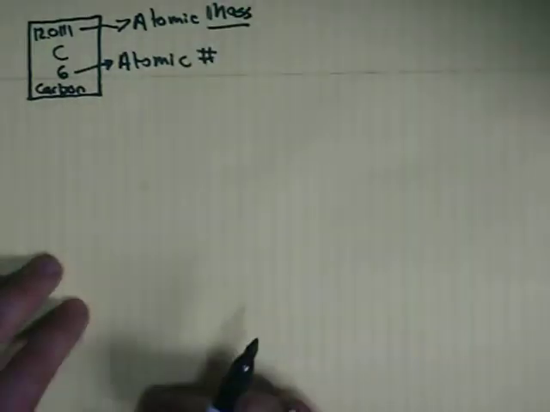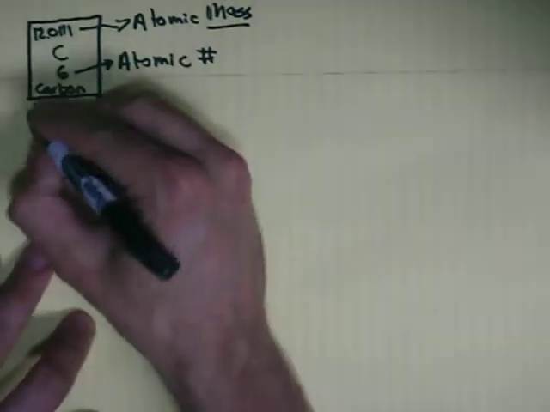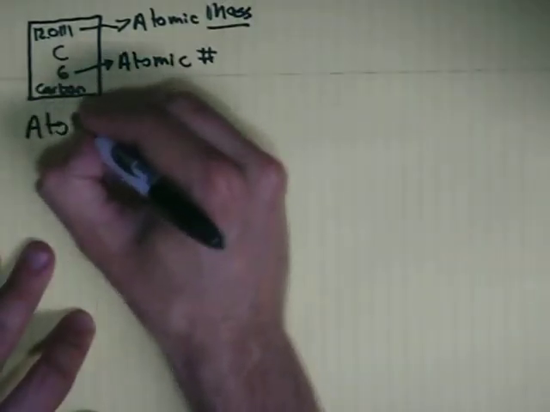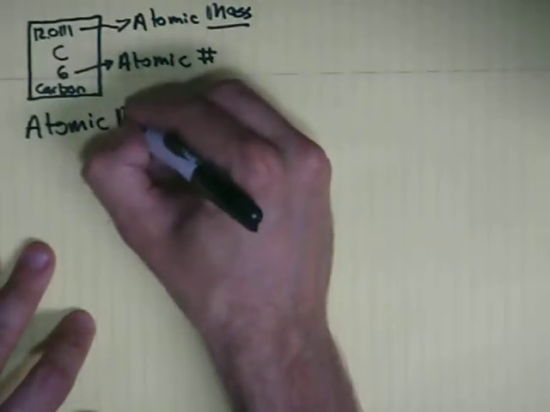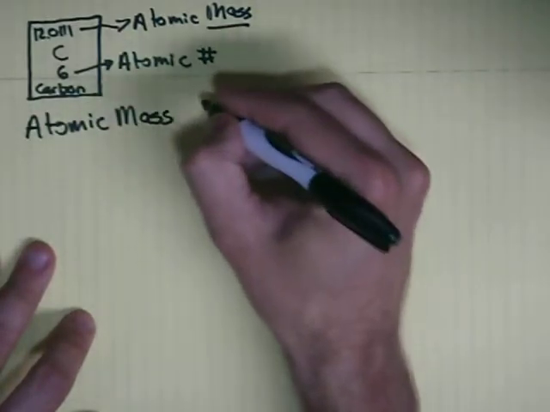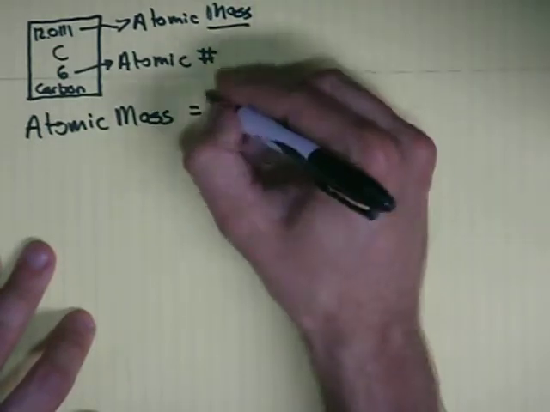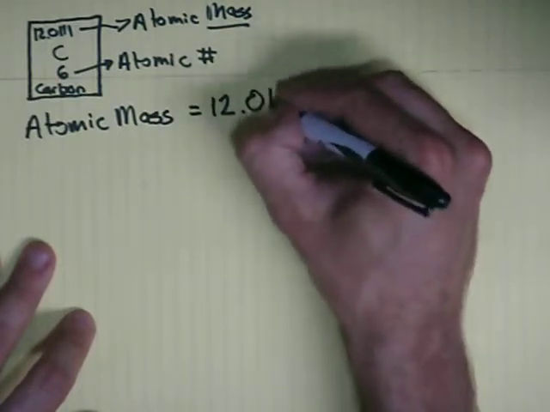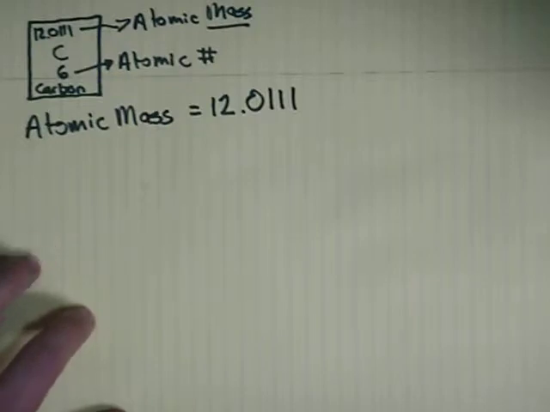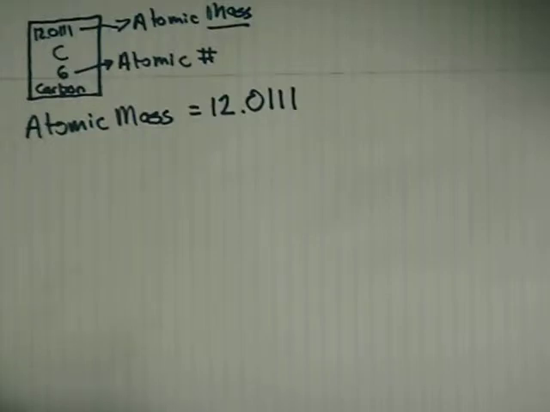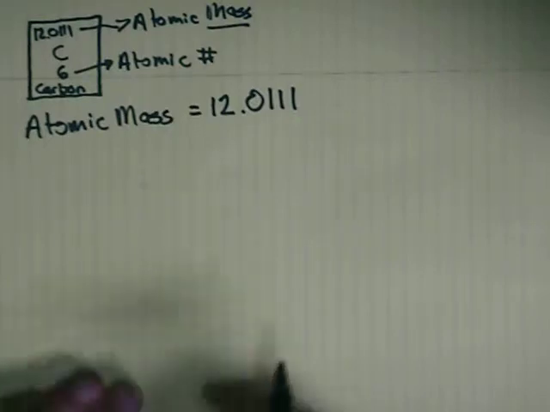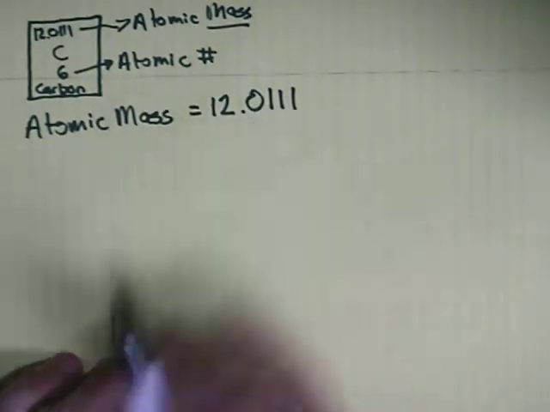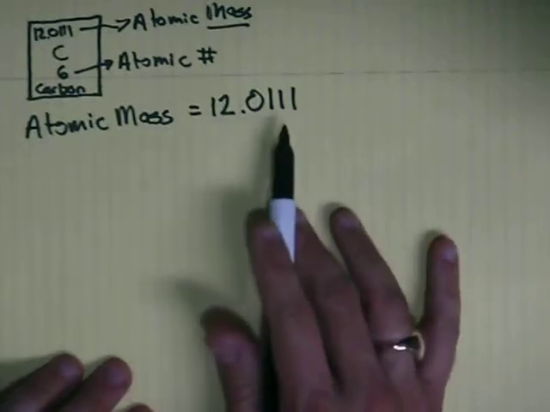And so when we look at this, and we see, okay, the atomic mass of carbon is equal to 12.0111. So we look at that number and what does that tell us? There are a couple things actually. So first, one of the things we notice is that it's not a whole number. For pretty much every element on the periodic table,